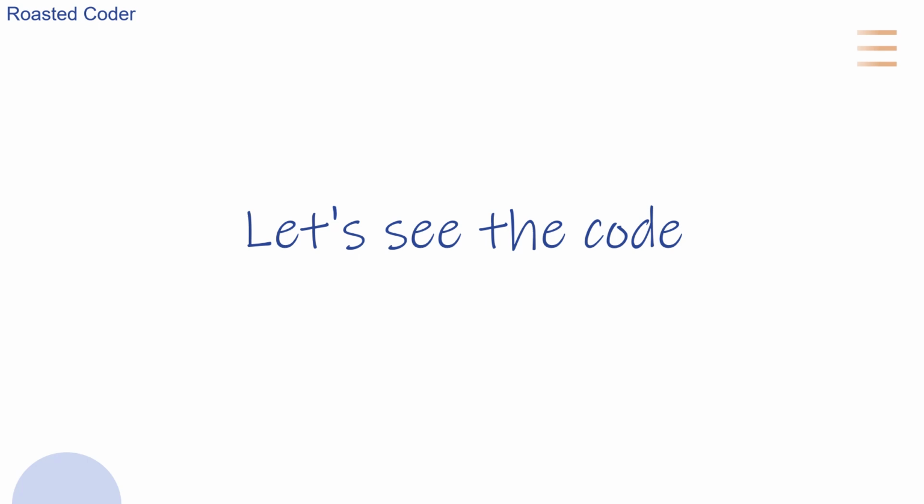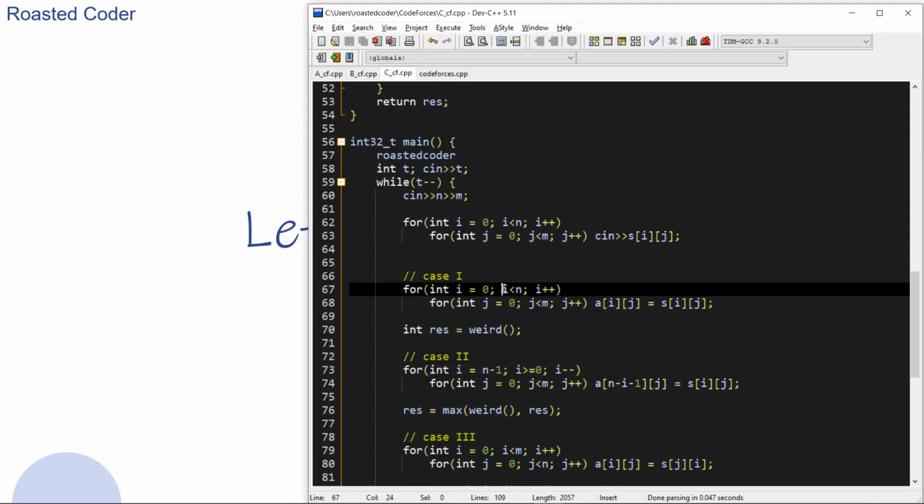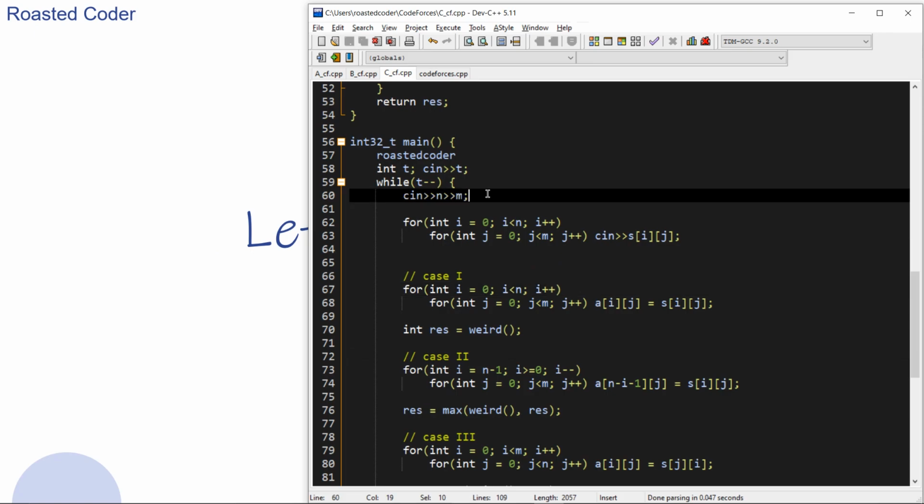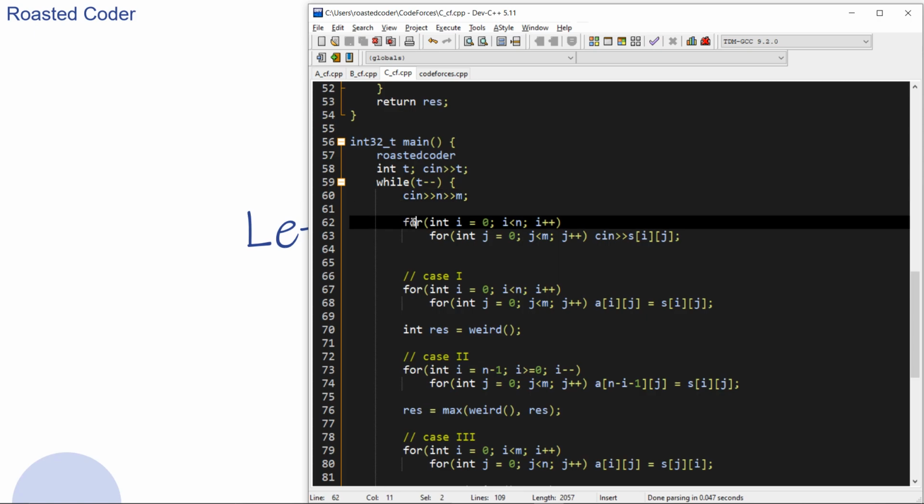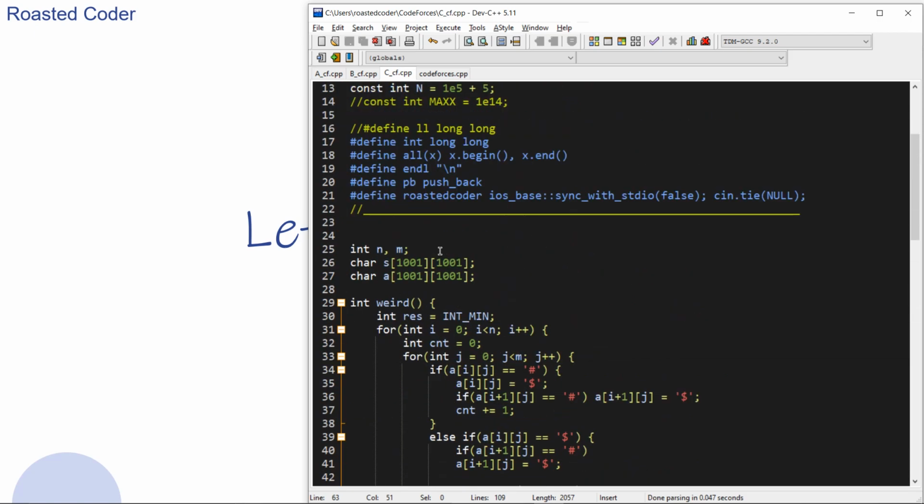Initially I am taking n and m as input, which are the number of rows and number of columns, and I am taking characters as input in a table, which is S of i j. S is initialized here as a matrix of characters of size 1000 by 1000, since for the time limit of 1 second the constraints cannot be greater than 1000 by 1000.